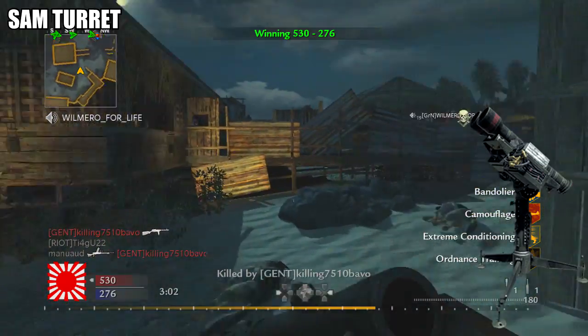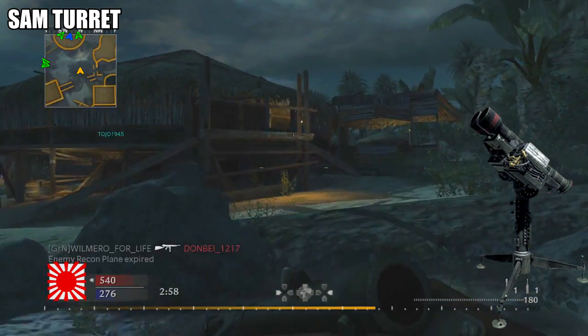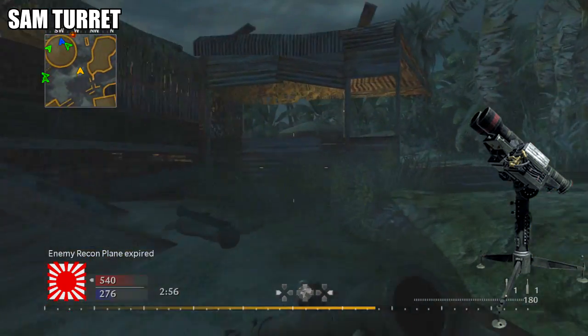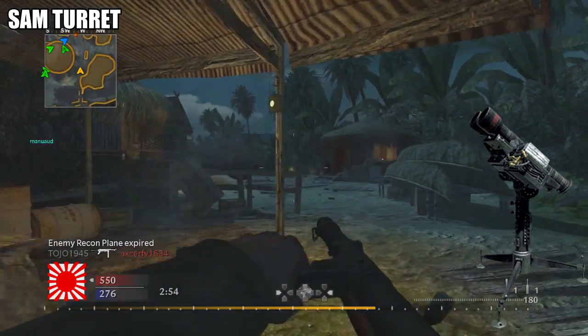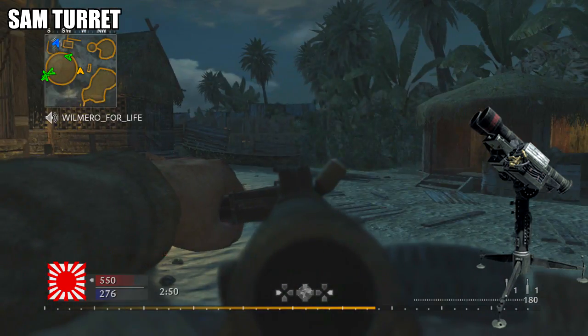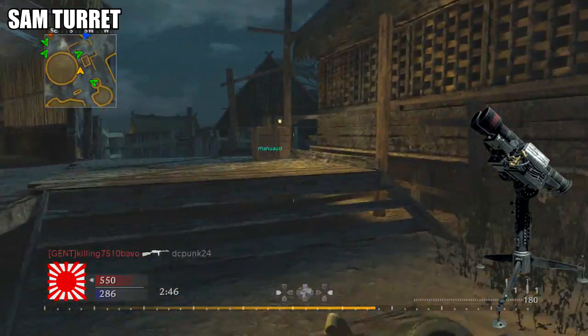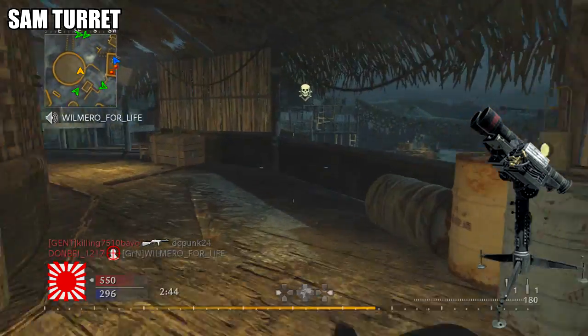Then we have the SAM turret, and you might be thinking, how the hell would they put the SAM turret in Call of Duty World War II? Well, it's very simple. As the SAM turret, they could either make an artillery gun spawn outside the map or in the map with an AI soldier that would control this thing and destroy UAVs, airplanes, or whatever, just like